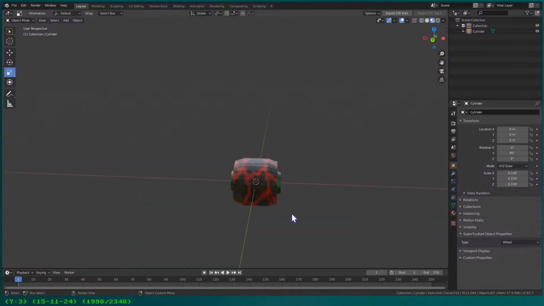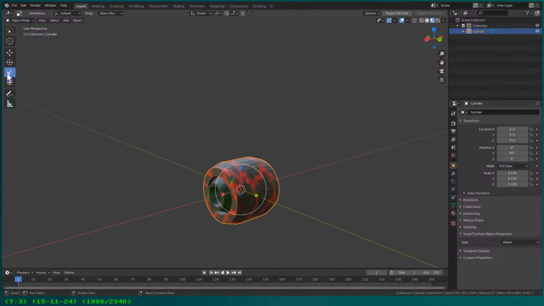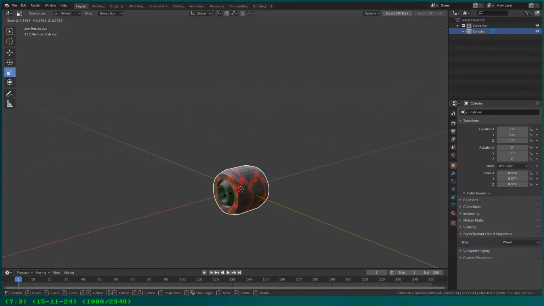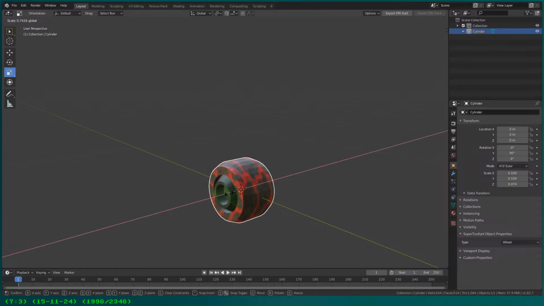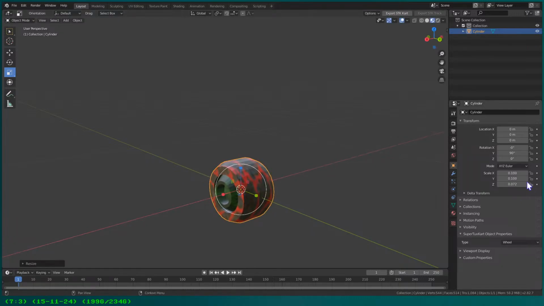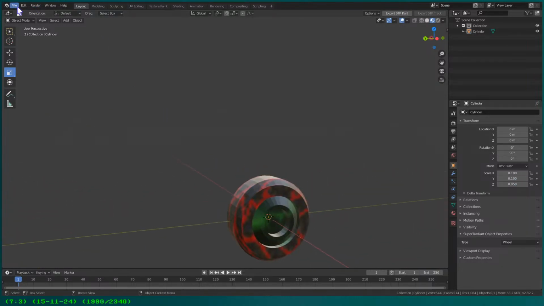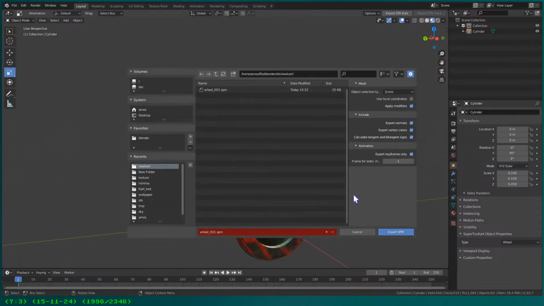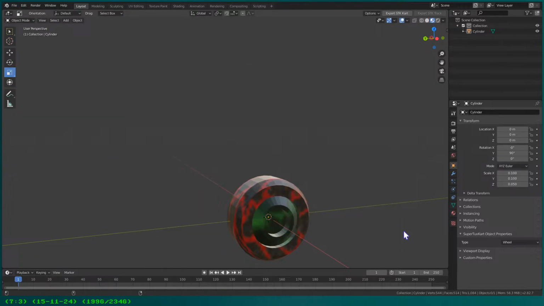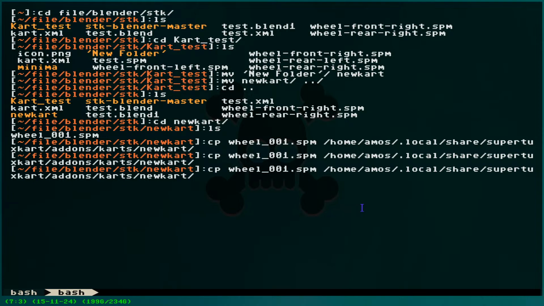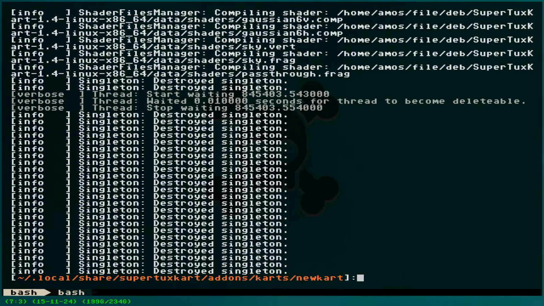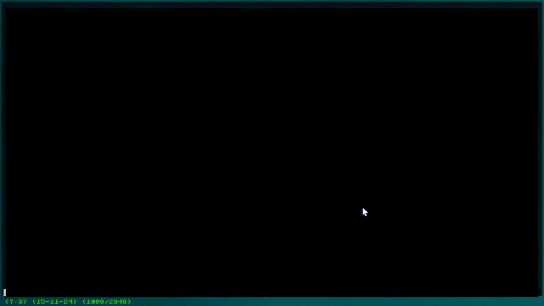Okay, that is a bit too wide though. So I don't know on what axis I need to make it less wide. On the red axis is, this one would be 0.05. Okay, so that should be very small, but let's see what it looks like in the game. So re-export it, move it back from the new kart directory to our kart folder directory,